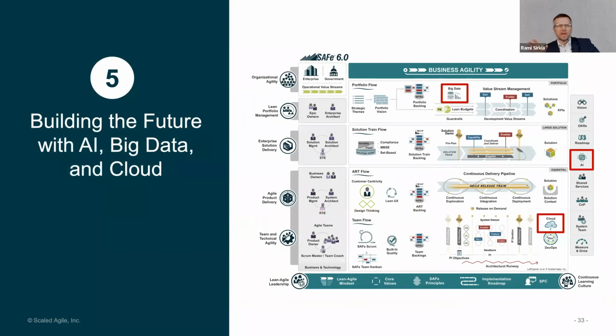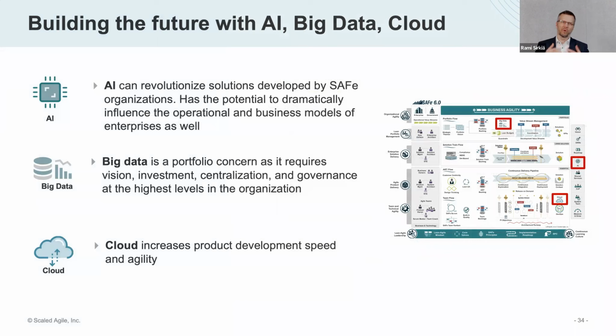Then you remember that SAFe is a kind of umbrella of good practices. We want to respect everything which is important and bring them and align them so that it is the same transformation, same governance model. And obviously we have AI, big data, and the cloud, which are quite dominant and important. We need to respect them and find a way how everything comes together.